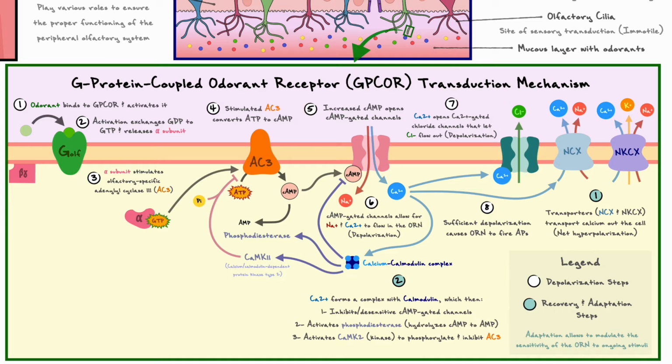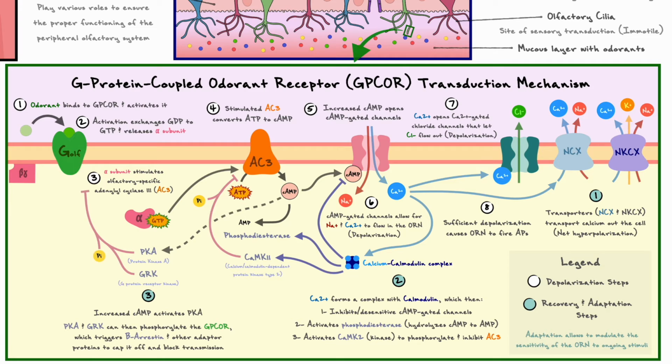In addition to calcium, another important chemical that you can see being heavily regulated is cyclic AMP. Beyond activating the cyclic AMP-gated channels, a sufficient amount of cAMP can also activate protein kinase A or PKA, and with the contribution from another protein called the G protein receptor kinase or GRK, active PKA and GRK can phosphorylate the GPCR. This phosphorylation triggers the involvement of beta-arrestin and other adapter proteins, which essentially cause the GPCR to get